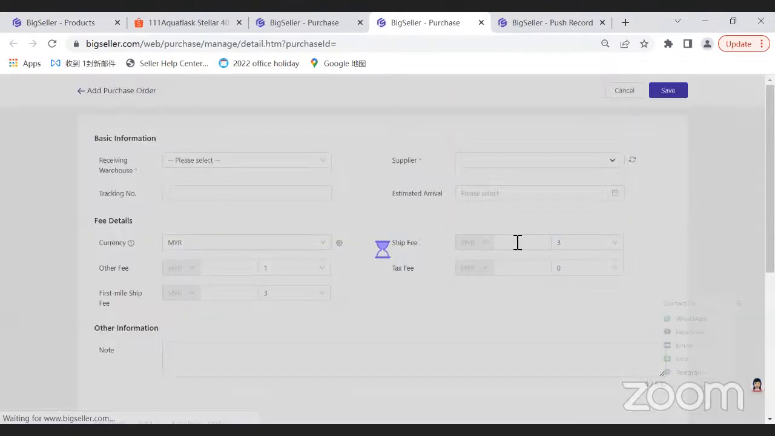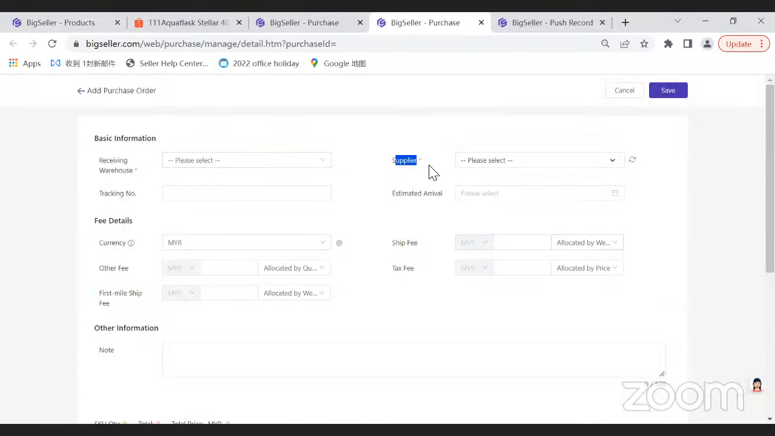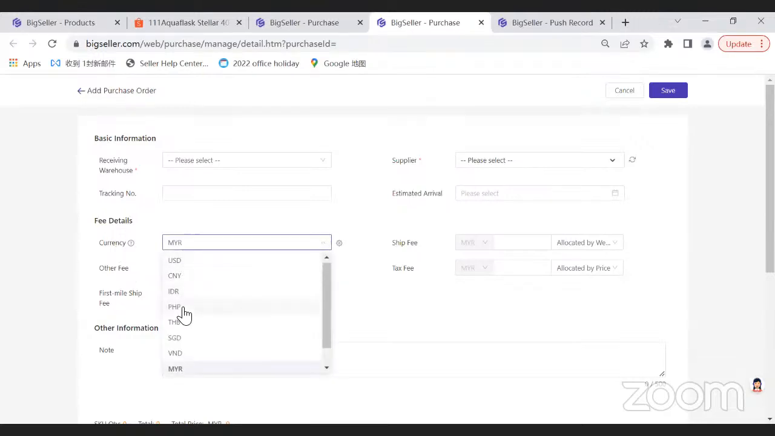You can select the receiving warehouse, your supplier, the check-in number of this purchase order, and the estimated arrival time. And for some fee details, you can set the currency. If you purchase from your Chinese supplier, you can set it to Chinese currency. And also for the shipping fee, some specific fees like tax fee or first mile shipping fee or some other fees